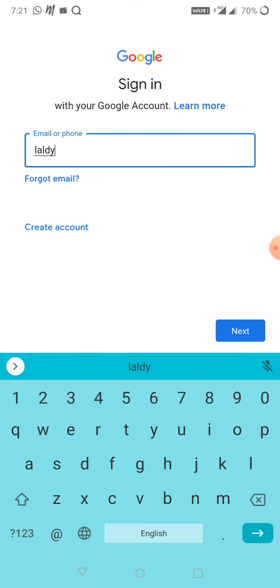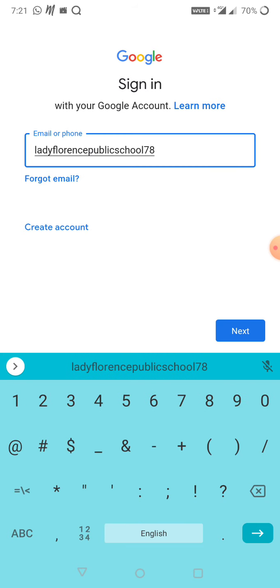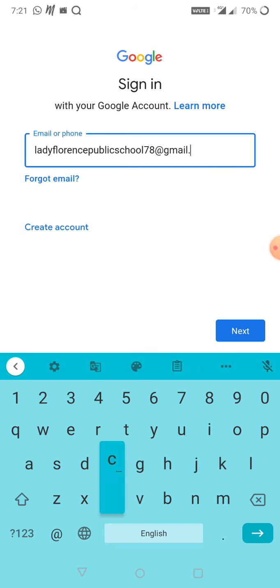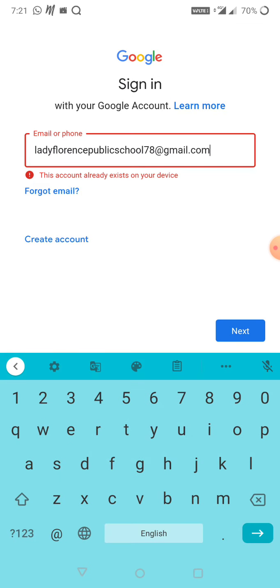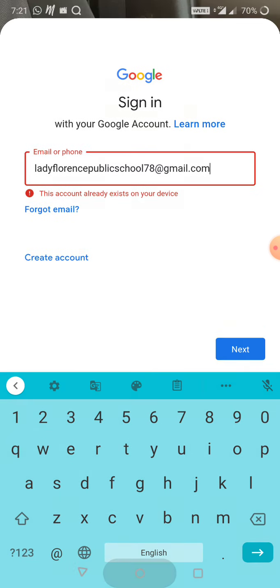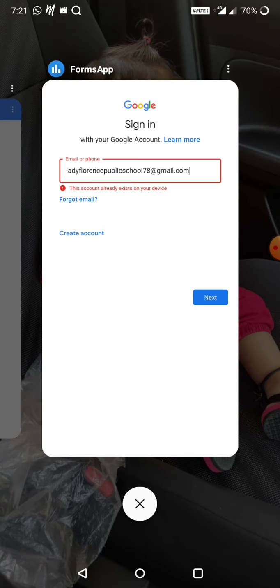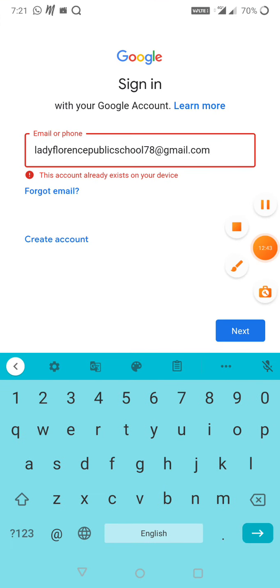You can add a new email ID which ma'am will provide you. Okay, so this email ID is available with me. Let me show you another email ID.